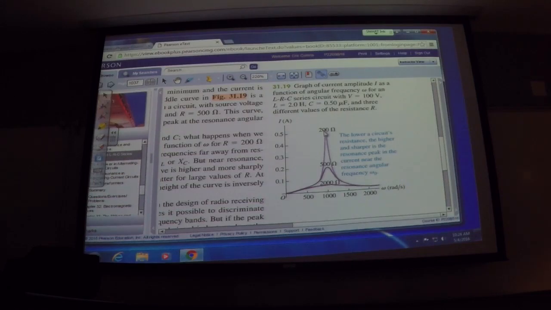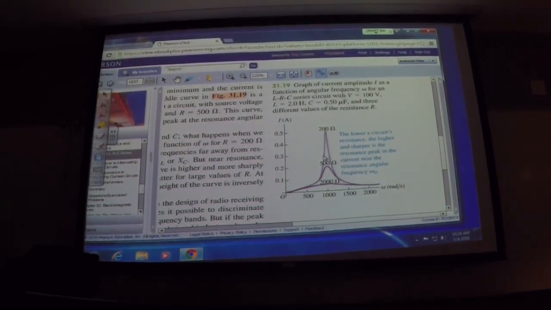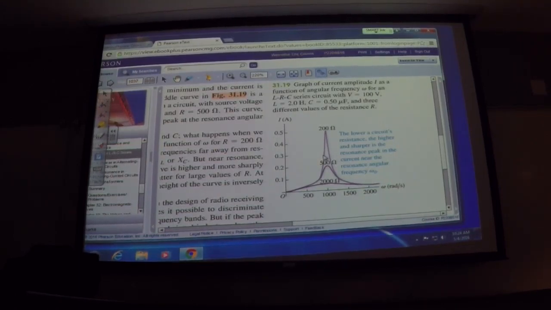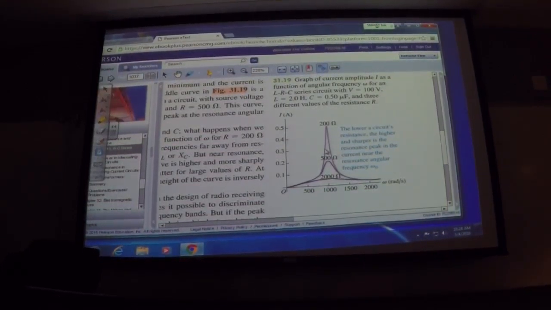So in a circuit like this, you could say a cutoff, let's say 0.3 amps, and then cut off anything less than that, and then you're only looking at frequencies that are right around 1,000 hertz. So why on earth would you use something like that? Well,